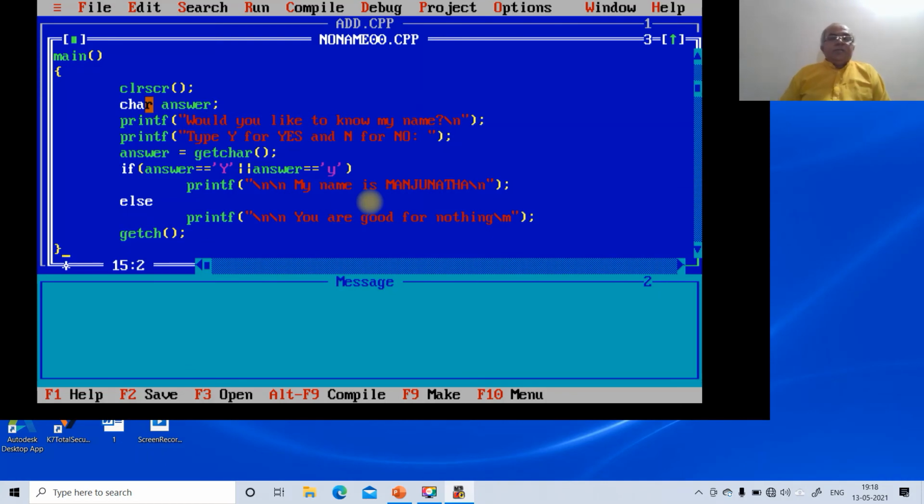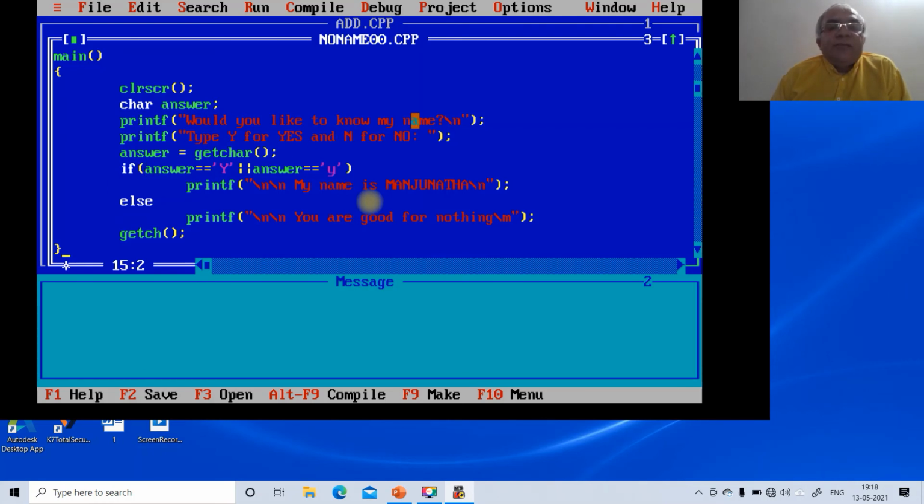So this is the general program. What it does is, it will ask whether you would like to know my name. Type Y for yes, I want to know my name, I will say yes, answer getchar. If answer is equal to Y, print my name as Manjunath. First it checks the if statement.